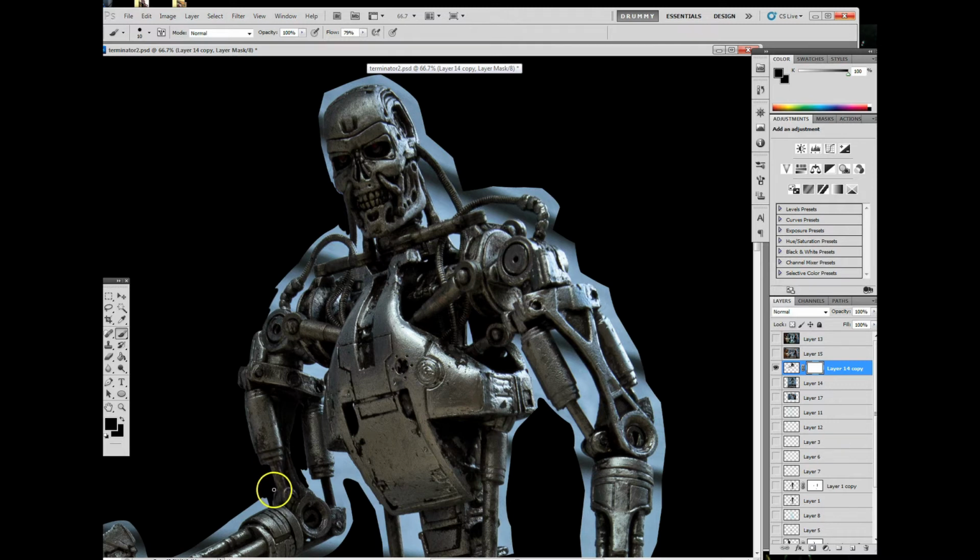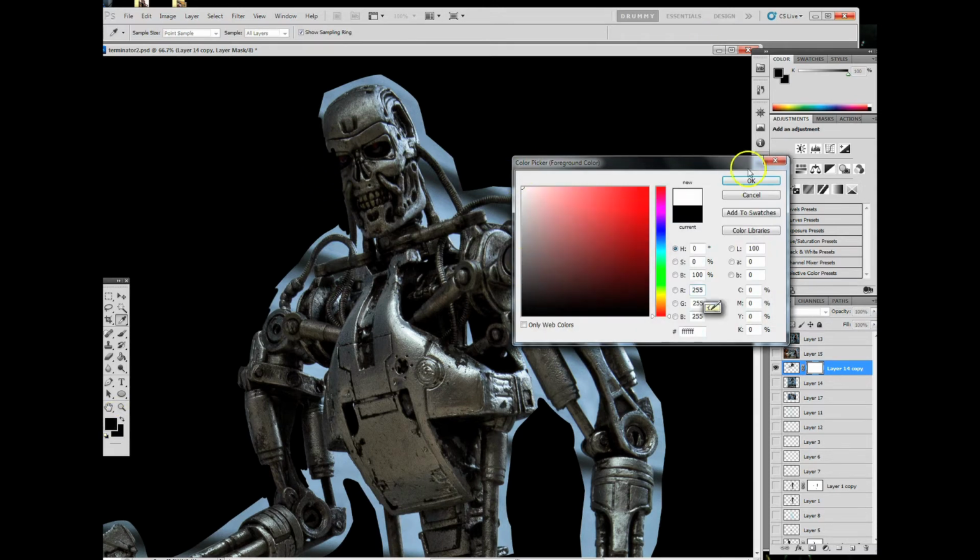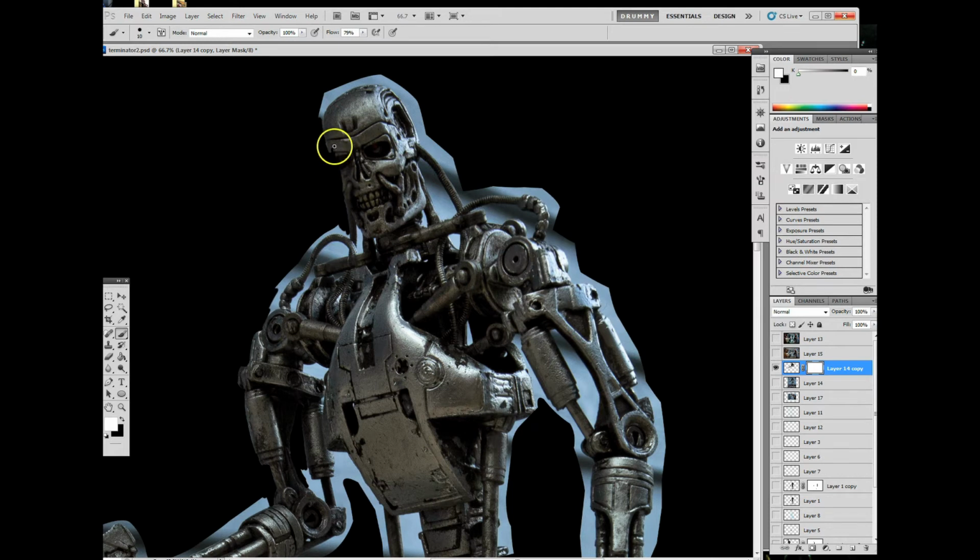So after you're done doing all of this, eliminating all the blue, hopefully, if you've done it correctly, could take quite a bit of time. If you ever find, say here right around the side of his face, that you edit too much in and you cut too far in to eliminate the blue, you can always switch your color to white and then go back over the exact same spot and it will paint it back in. That way you don't have anything you can't completely correct in case you make a mistake,